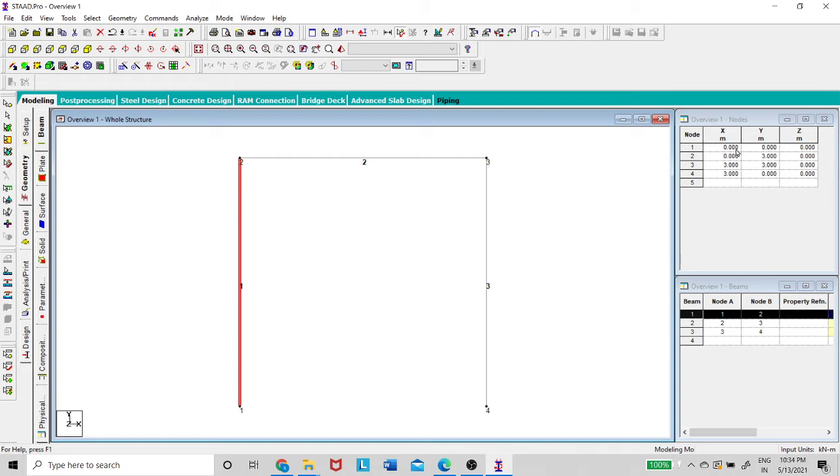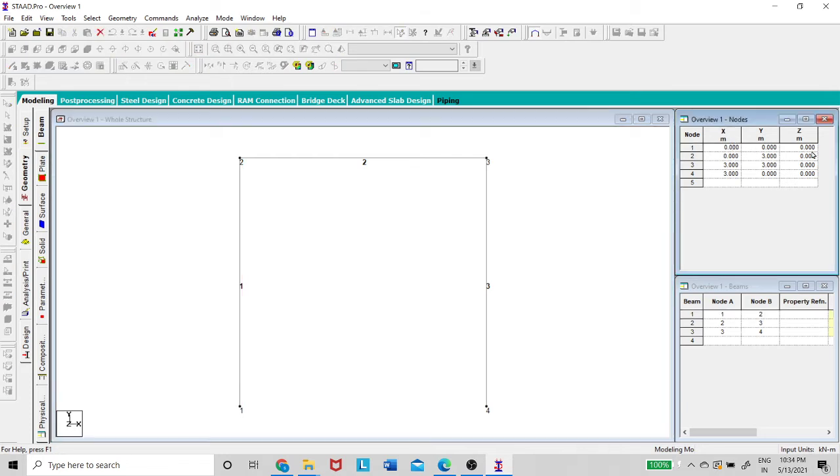And for each node, the node coordinates you can also see here. The 4 coordinates, if you see, go from 0 to 3 in the x direction, and the y direction is 0. So that means 0, and then the x direction is 3 and the y direction is 0 and the z direction is 0, right. And below this you can see the beams. In the beams, the first beam is connected between 1 and 2. So the first beam is connected to node A.